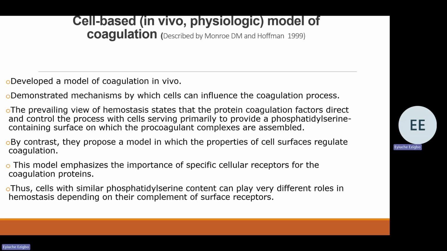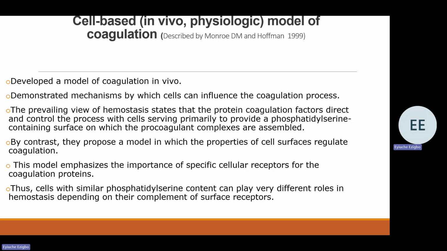So, the cell-based model, or in vivo physiologic model of coagulation, was described by Monroe and Hoffman in 1999. They developed a model they used to describe coagulation in vivo, and they were able to demonstrate the mechanisms by which